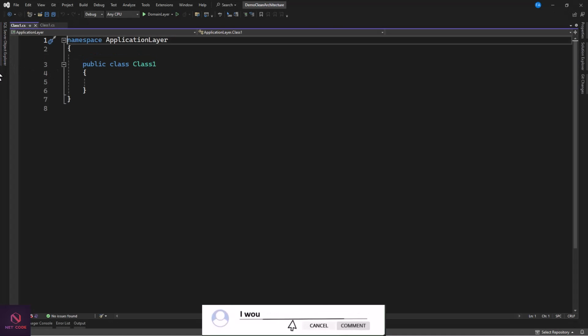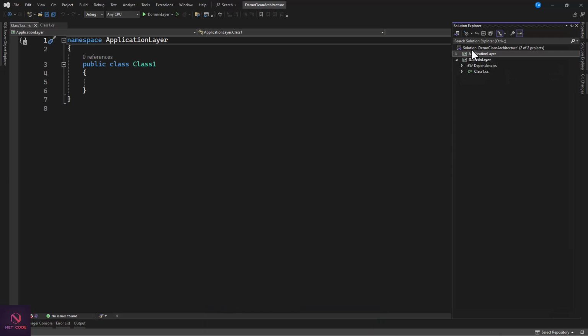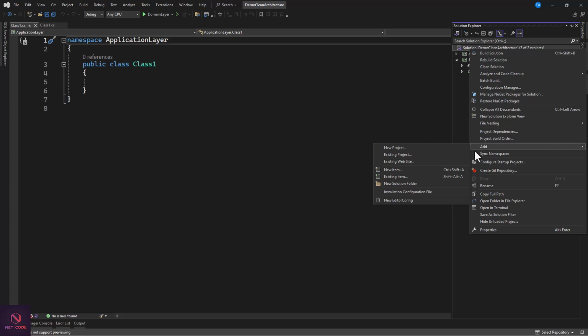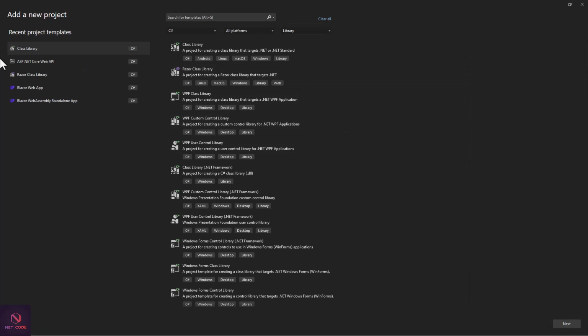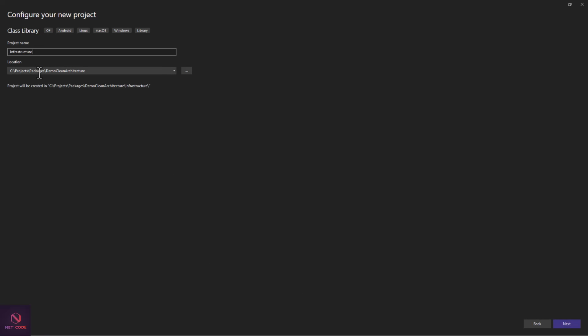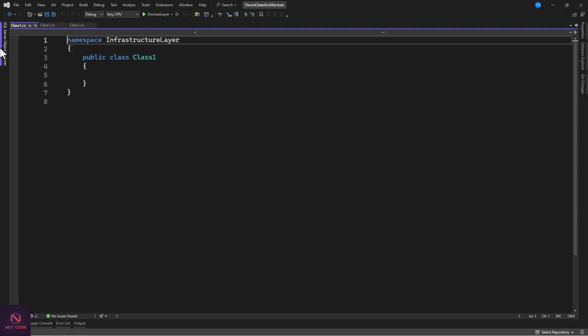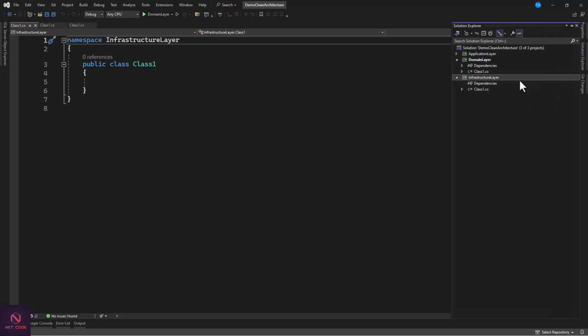Now we need to create the next one, and that's the infrastructure layer. So we have our infrastructure layer in here. The last one is the presentation layer. Now the presentation layer could have a web API, and we're also going to have a Blazor WebAssembly or .NET MAUI or any other